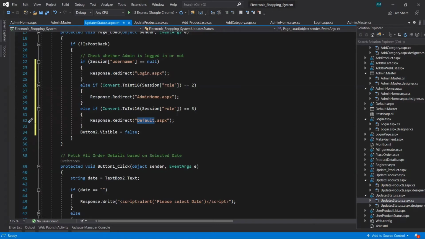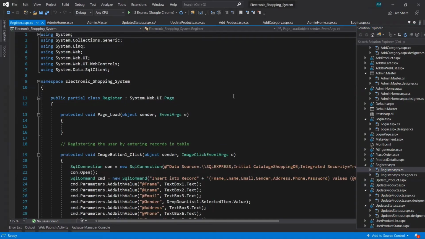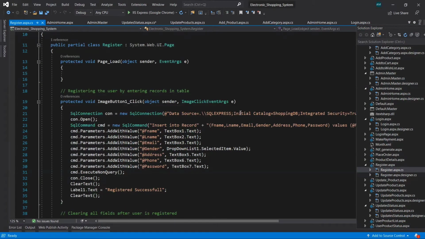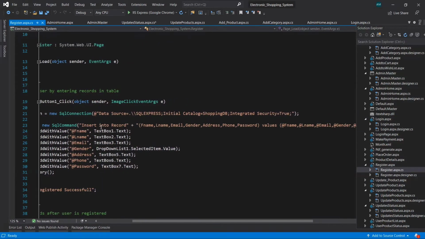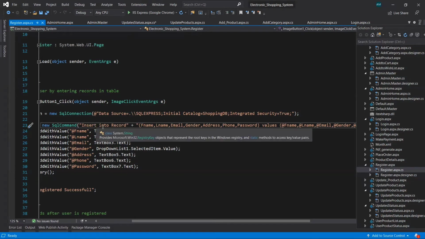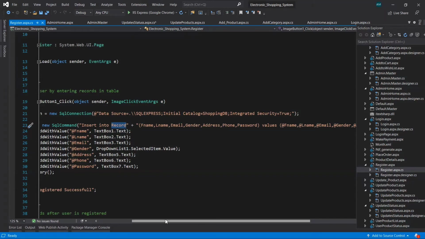Now there is one more thing we have not done, that is inside the register page, where we have to make some changes. Let's open the register page. No, we don't need to make changes here, because in the insert query for the registration, which saves the record data in the record table, we have modified the record table.